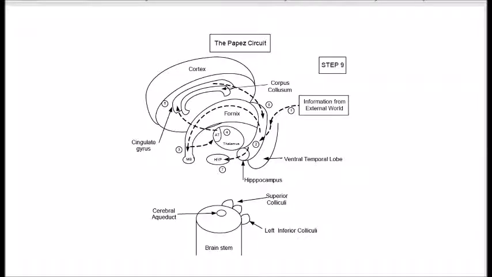And to put it in a summary form right now, at any given moment, all the information that we have from the external world, which is represented by the box labeled number 1, enters via the temporal lobe into the hippocampus. It there undergoes processing. The information then leaves the hippocampus via the fornix to the mammillary body, to the anterior thalamus, and then to